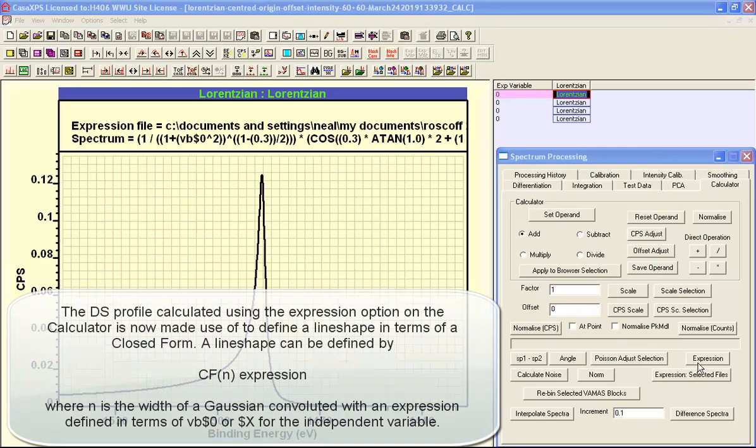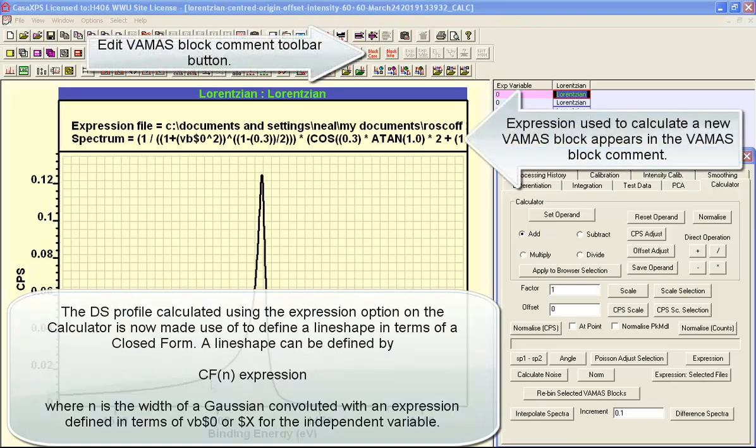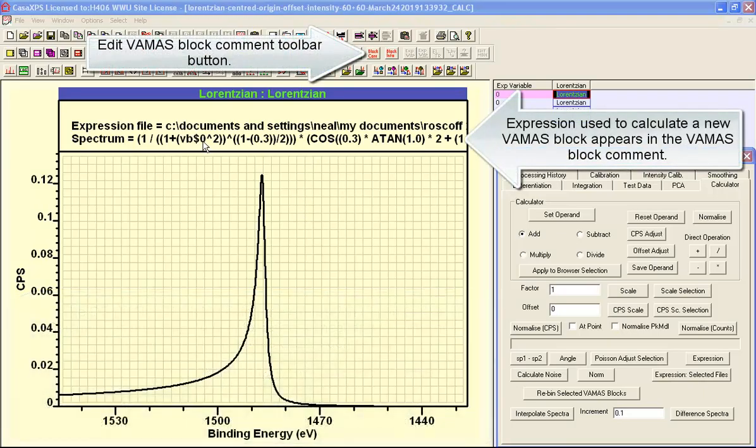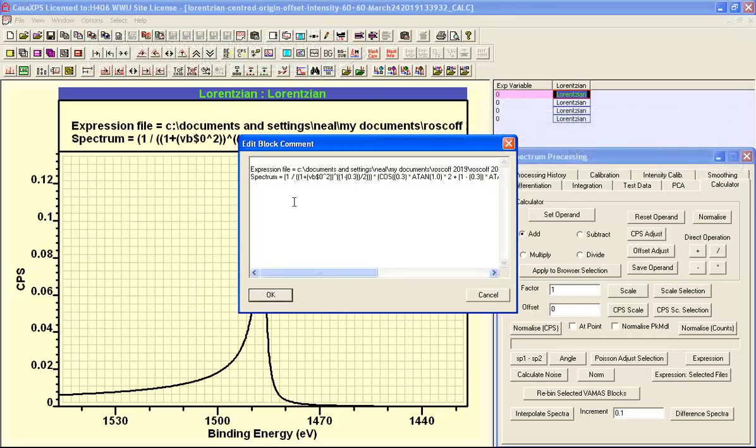When the expression calculator is used to create a new VAMAS file containing VAMAS blocks that are the result of these calculations, then the VAMAS block comment includes the expression that was used to create these data. So this DS line shape is described here as a closed form. If I copy this closed form